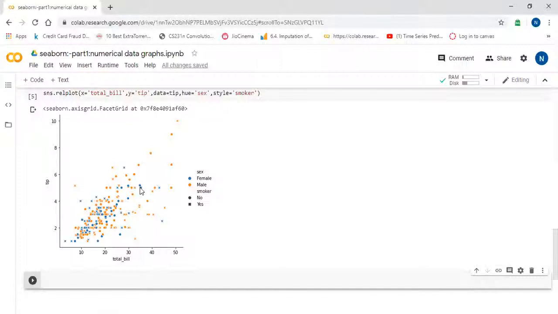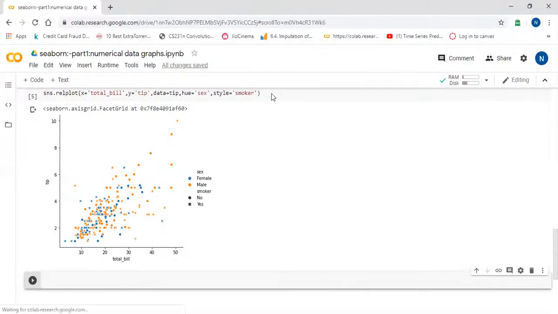This is female, and this is a non-smoker. Style we have differentiated. This style is for the smoker. This is male, around 41, and the tip given is around 5. So this way we can differentiate the records based on smoker and non-smoker.